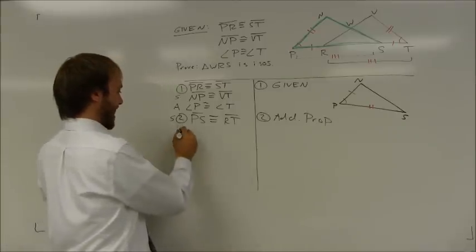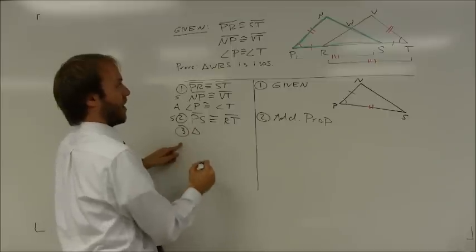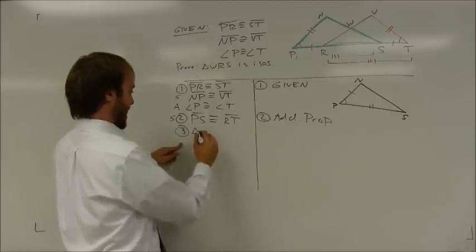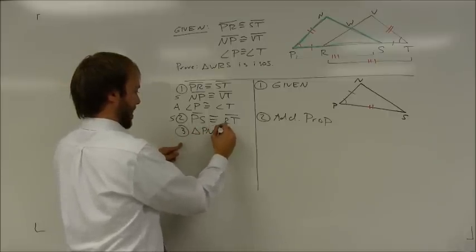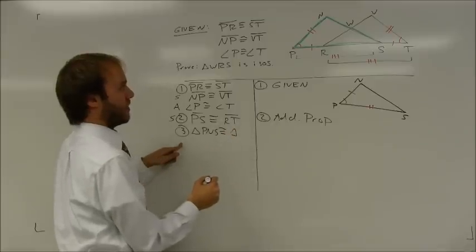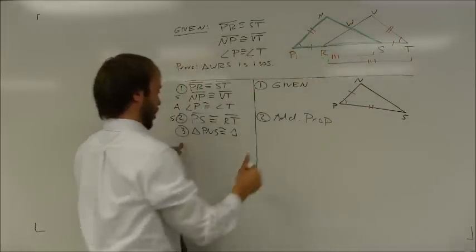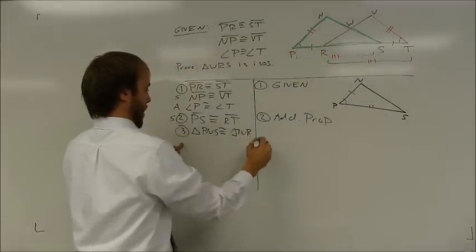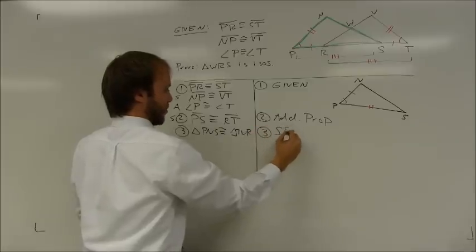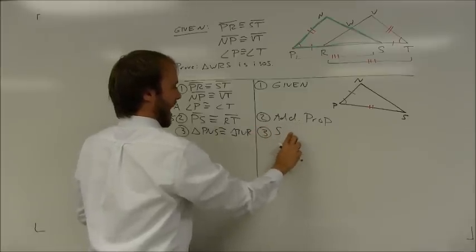So I can say the triangle PNS is congruent to triangle, it's PNS, it's going to be TVR. And that is by the side angle side rule. And to finish,